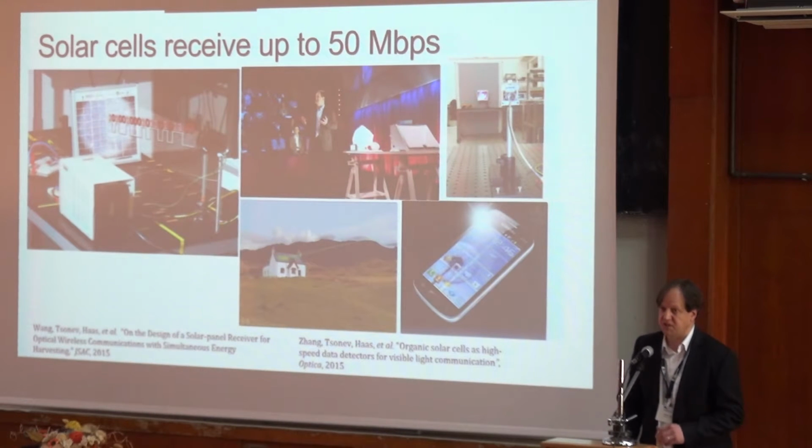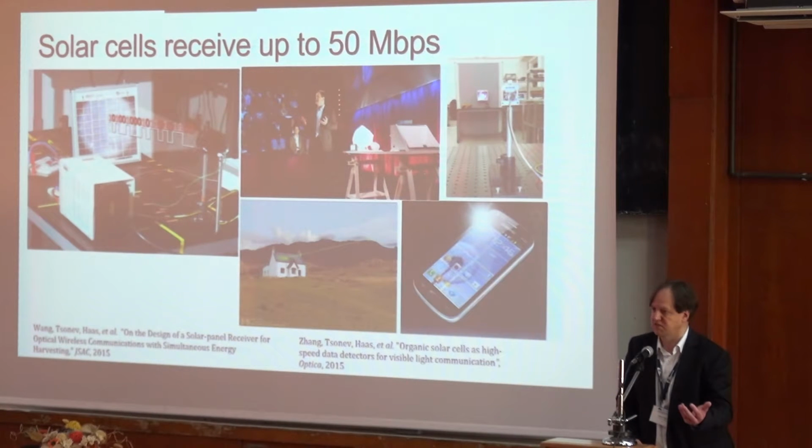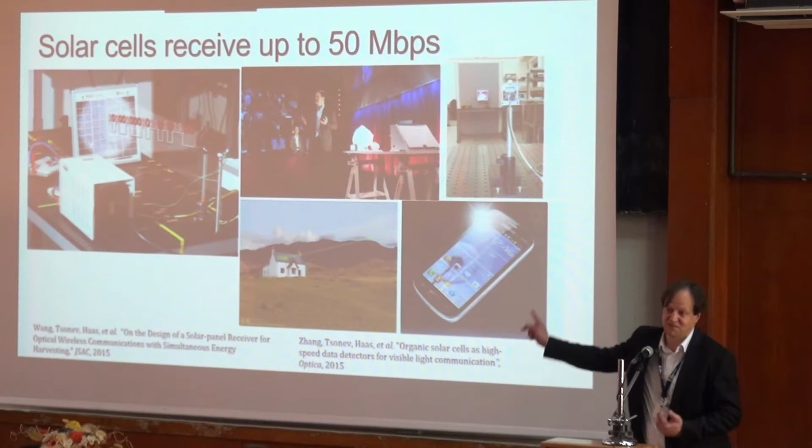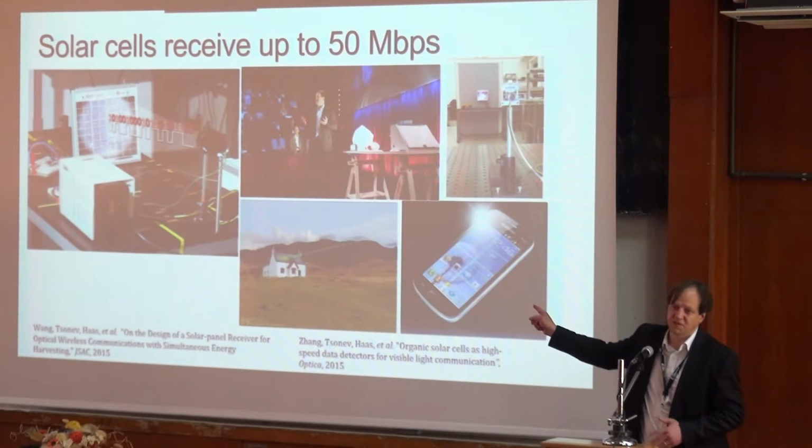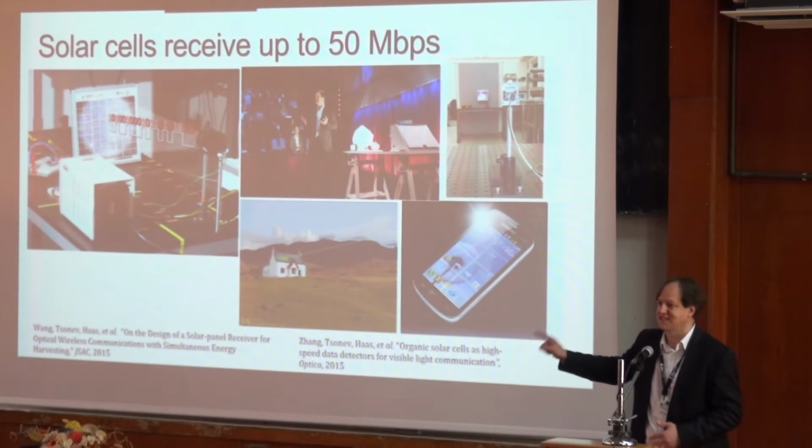So furthermore, we've been looking at solar cells as data detectors that you see here, to come to another very important aspect when we go to Internet of Things, is that you may have 100 devices around your space, and you don't have to charge them all the time or replace batteries. So devices need to be self-powered, and energy harvesting is becoming a great topic in radio communications. But with light, we have devices that can harvest energy very efficiently, solar cells. And what we have looked into here is, can the solar cell also act as a detector?